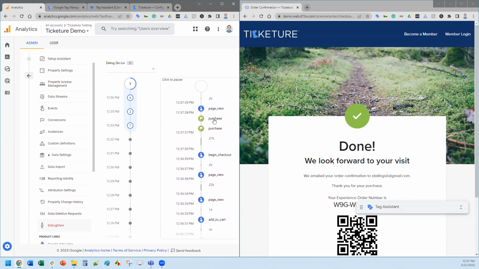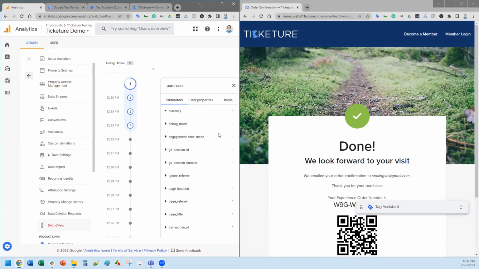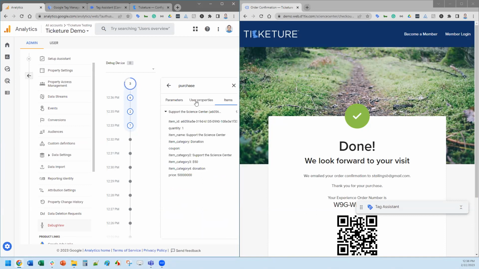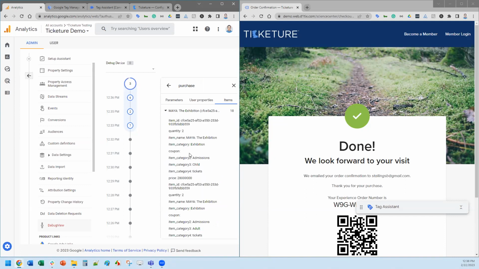So all the different purchase actions. It does give me 2 of them. I could give a pop quiz if people could tell me why, but it gives me 2 of them because Ticketure actually is configured to give tickets on one email and donations on another. So this one will be my donation item, and then my other one will be my tickets. So it's not uncommon to see those kind of things, but that's just the way Ticketure is making sure that those items get their own special email confirmation.